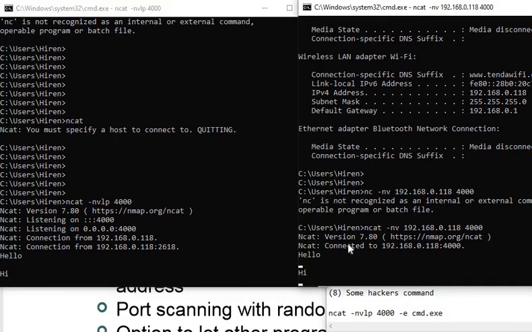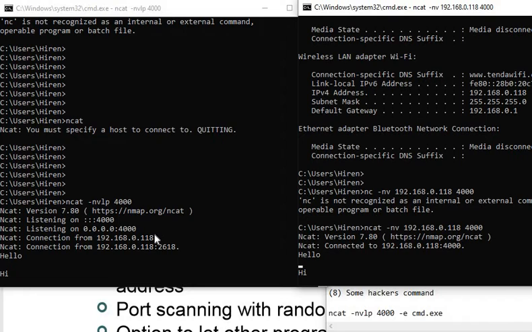Are you getting my point? This is exactly how port to port data communication works in real time. I'm sending data onto port number 4000, and I'm receiving the data on port number 4000 here. This is exactly how a chat application works on a port to port basis.